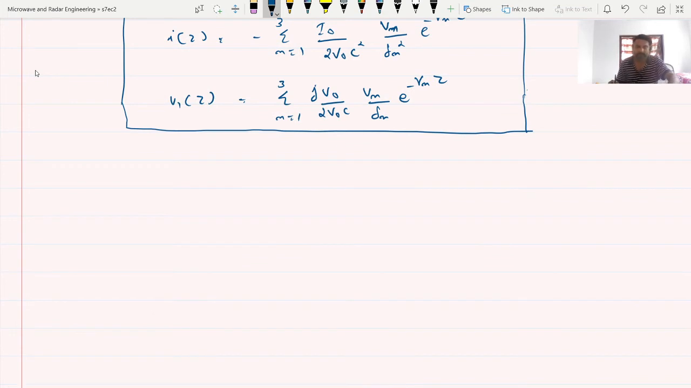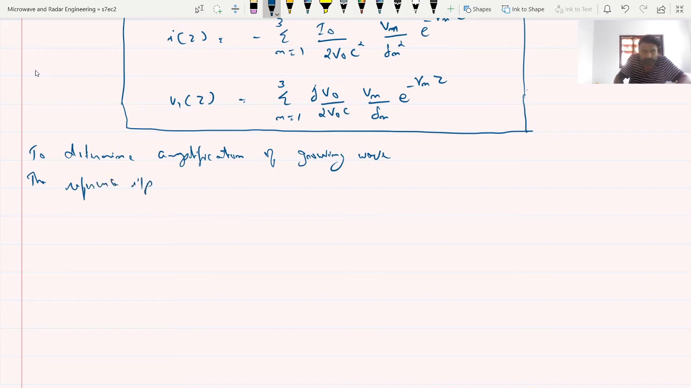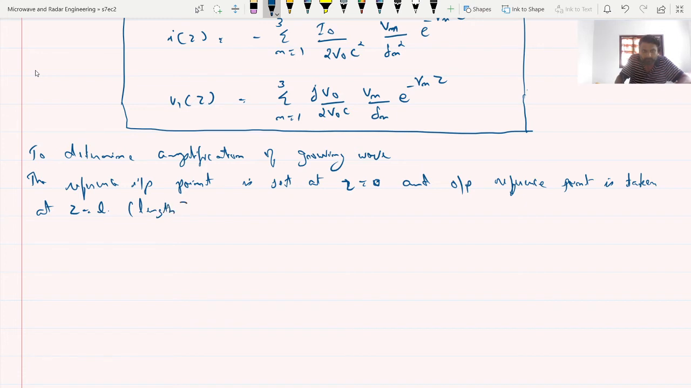It is a lengthy process. So to determine the amplification of the growing wave, the reference input point is set at z equal to 0, and the output reference point is taken at z equal to L, where L is the particular length. So it follows that